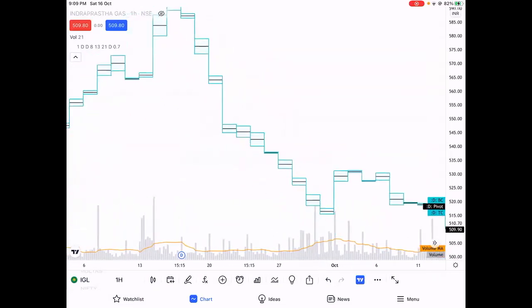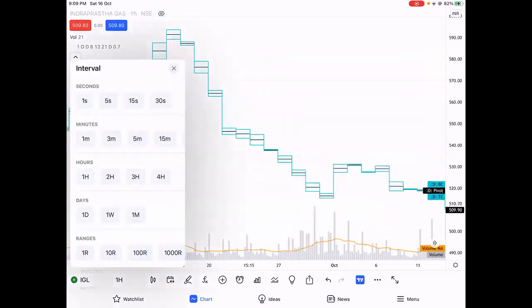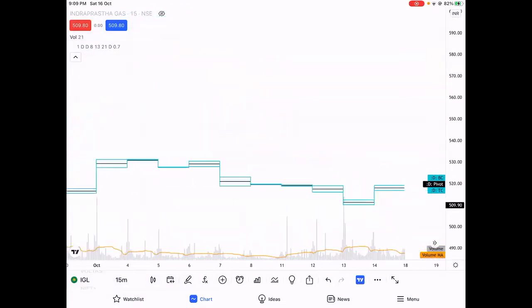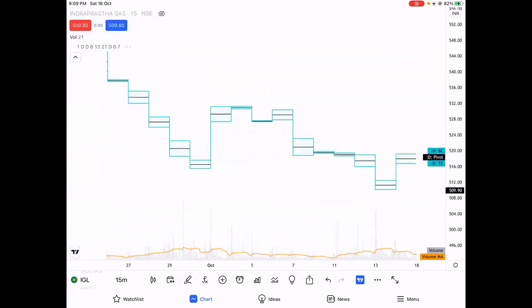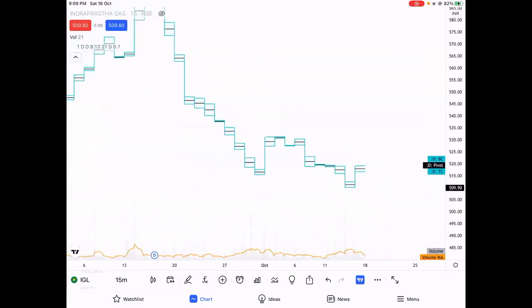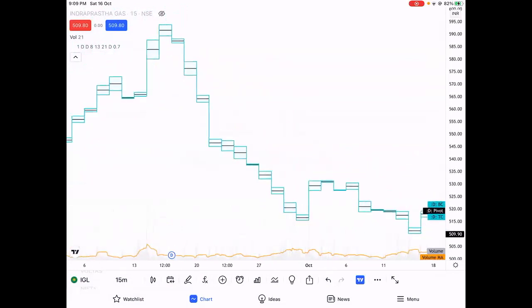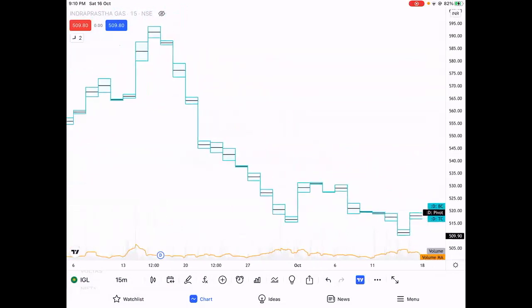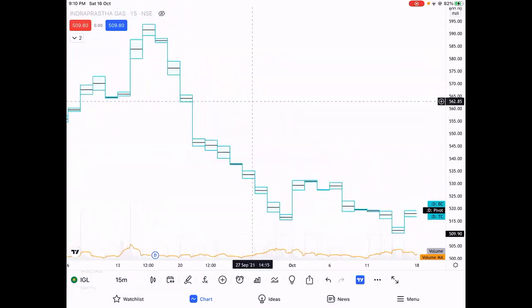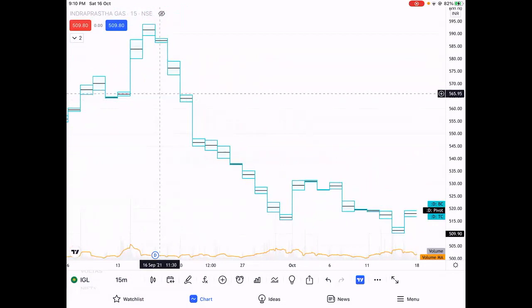So let us see this on 15 minutes only. Just see here. What do you see here now? Technically, if I was about to trade on 16th of September, let's build a quick example,